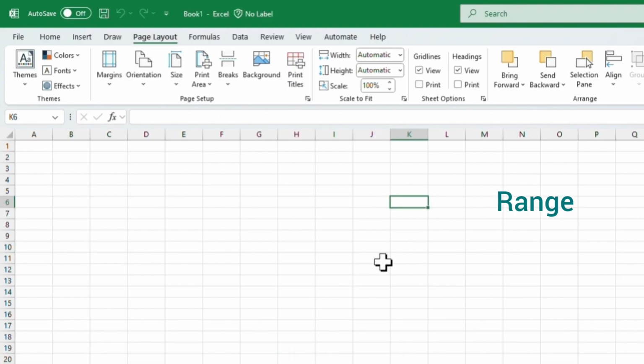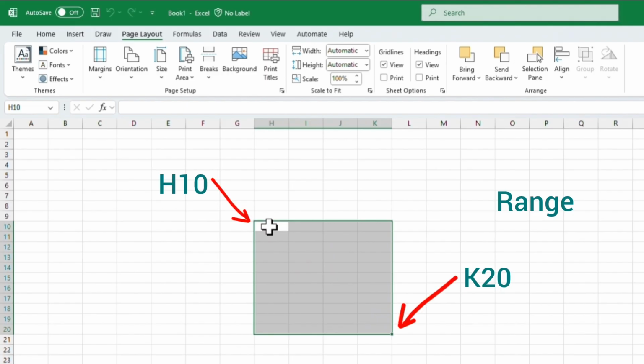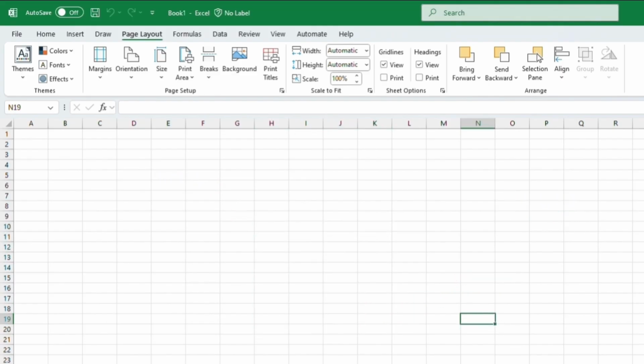As we have a name for a cell, same way we have a name for a range too. We name a range as the cell name of upper left and lower right, so this selected range is called H10 through K20. So that was some background information that you're going to need in order to really use Excel properly. Now that we've talked about the layout of the ribbon and the tabs and the groups, and also the spreadsheet itself with the columns, the rows, the cells, and the ranges, and actually I should add a